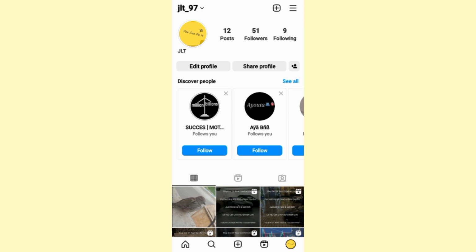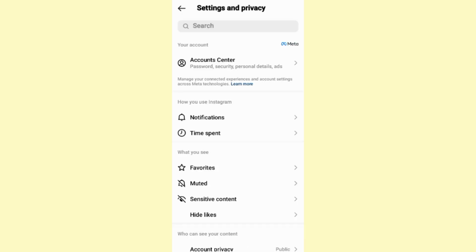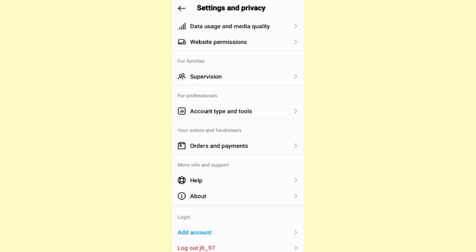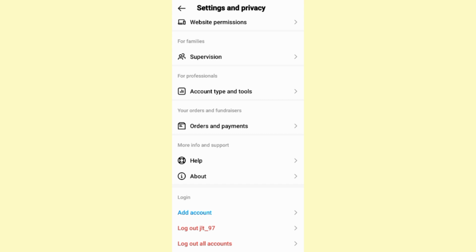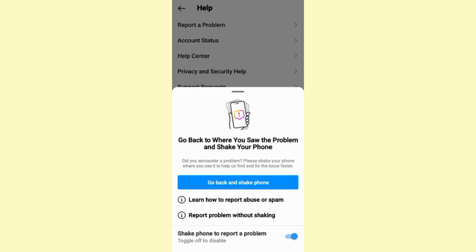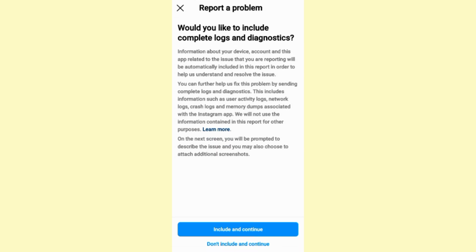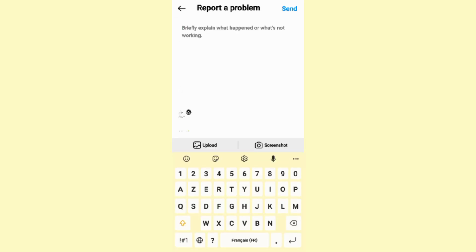So from your profile page, let's click on the three lines at the top right corner, click on settings and privacy, then scroll down till we find the support section. Yeah, and click on help, click report a problem. Let's disable this shake phone, click report problem, click include and continue,